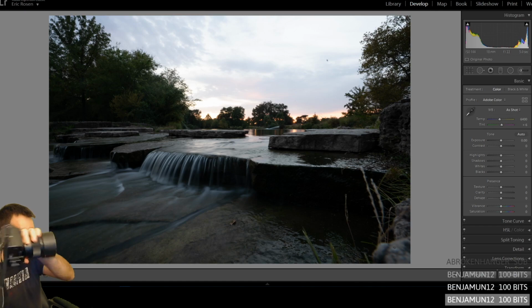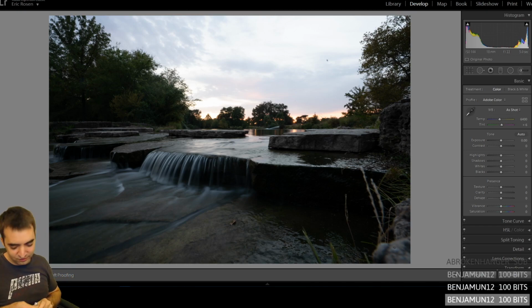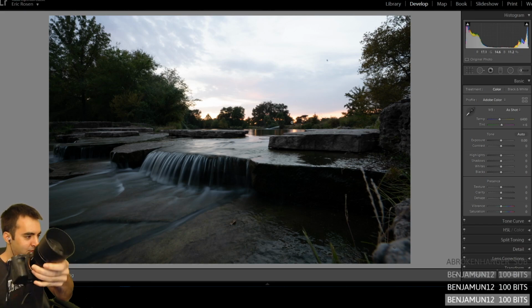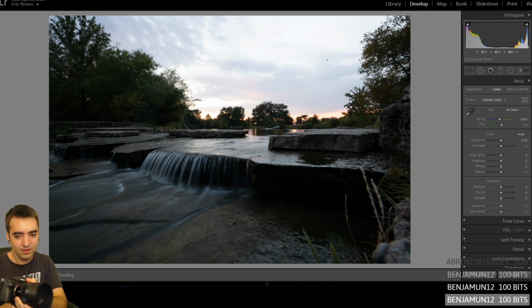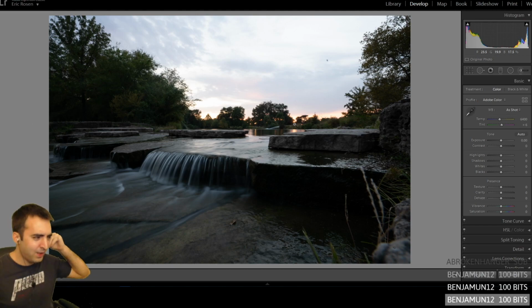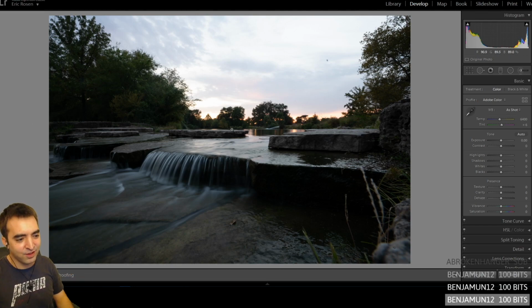I shoot with a Sony mirrorless. It's a Sony A7R Mark III. For this shot, I was using a wide-angle lens. This lens is an 85 prime, but anyway, I took a photo probably around sunset, like the sun was setting in the sky, or in the solar system. You guys know what I mean. So, what